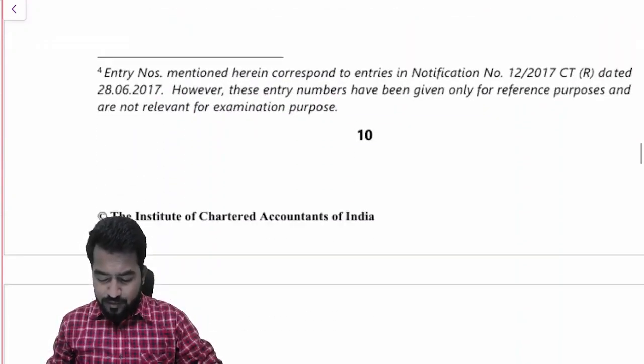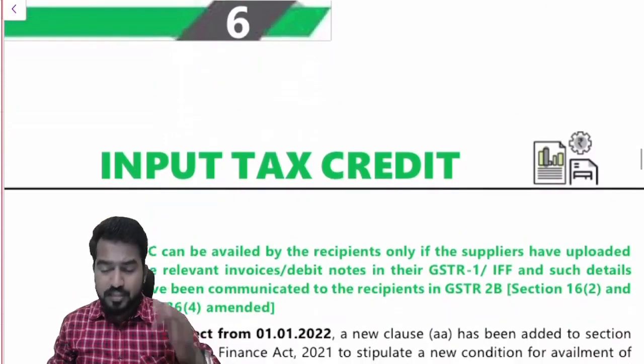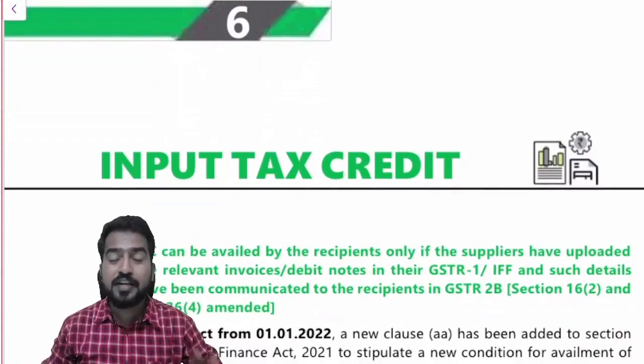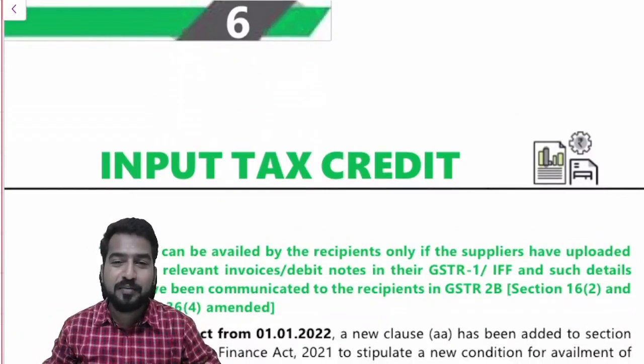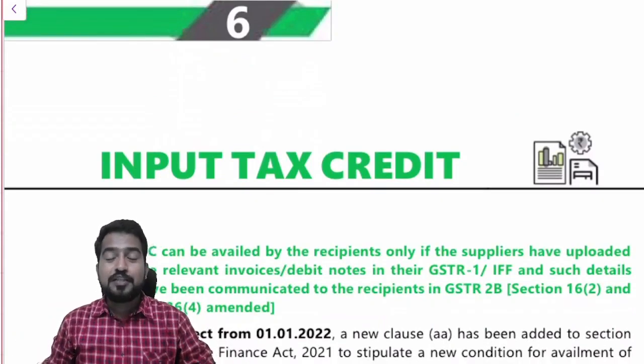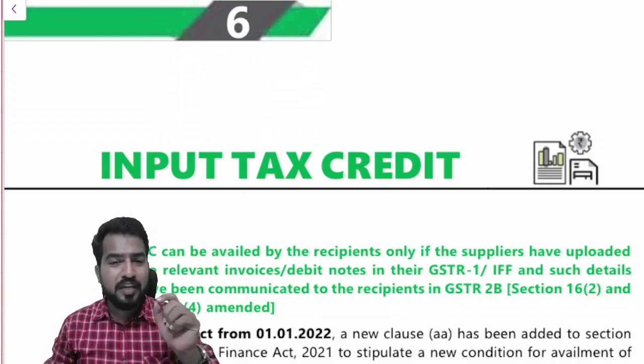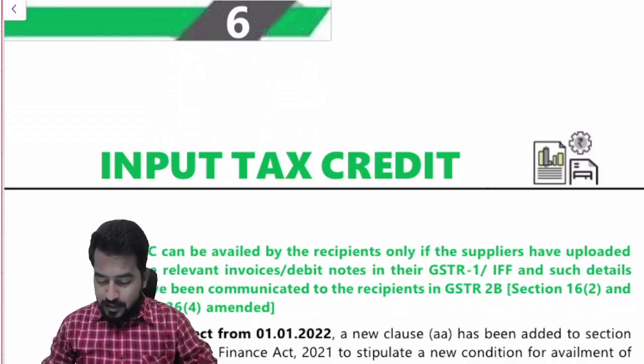So let us proceed with the next chapter, chapter number 6. In chapter number 6, input tax credit, don't worry by looking at the name. Here you need not worry, there are no major amendments at all. Very, very simple and easy amendment, but a very important amendment, my dear friends. That is,